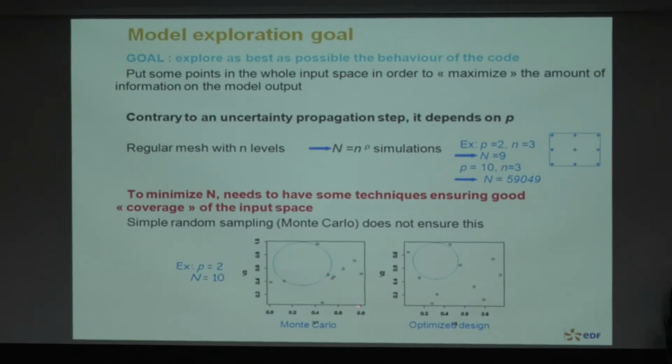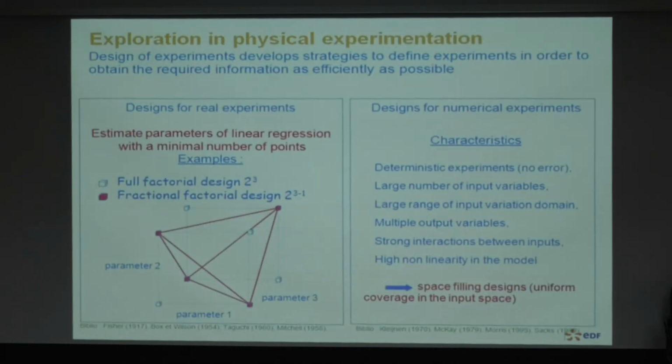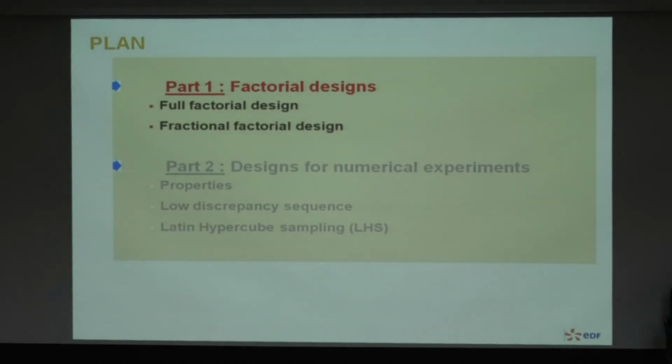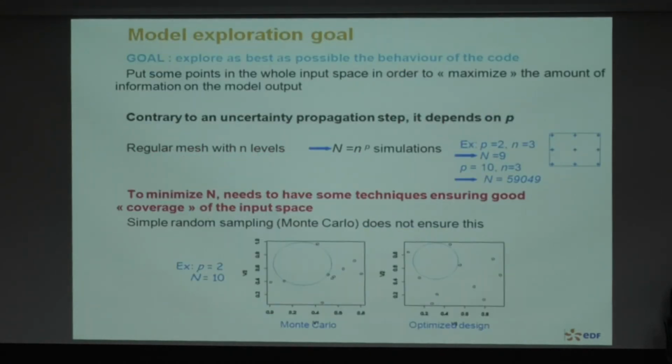What we want to have is something like this, an optimized design. You see there are no close points, and the empty space has been reduced. Is all this idea clear? Now I have an exercise that we can do. We can try an exercise.